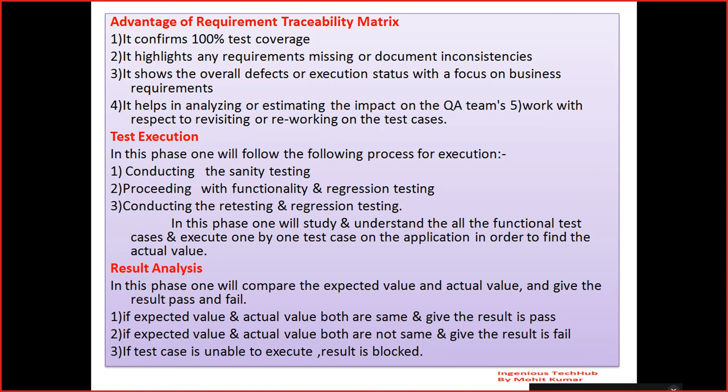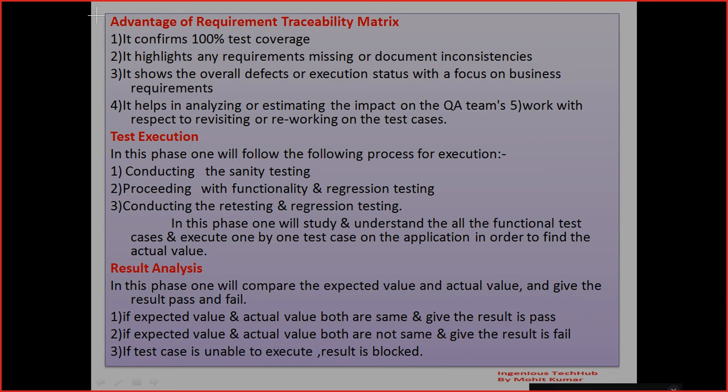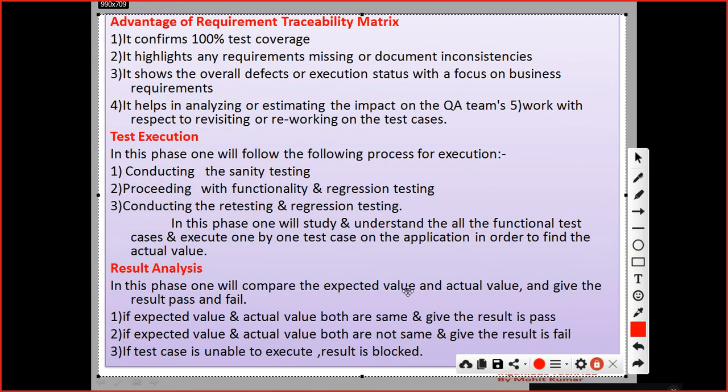Some I can see are blocked, which means we are not able to execute them, right? In which scenario will you get this blocked status? I can give you one example. I am working on one application, and these are the test results, like pass is there, fail is there. This is very clear: if expected and actual match, then it is pass. If it is not the same, then it is fail. But where is blocked used?